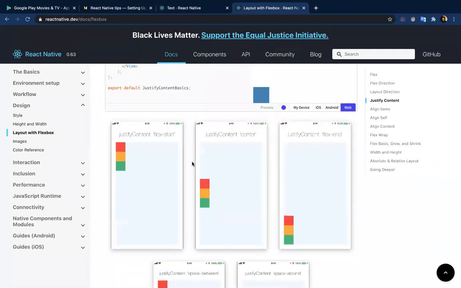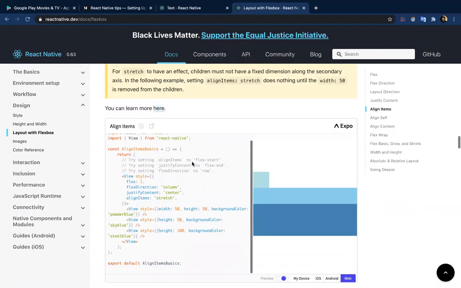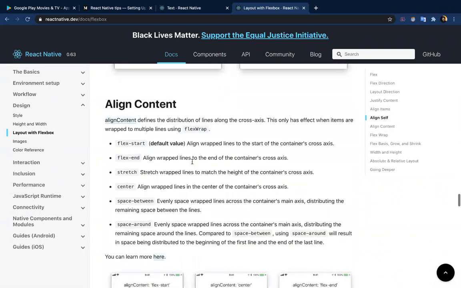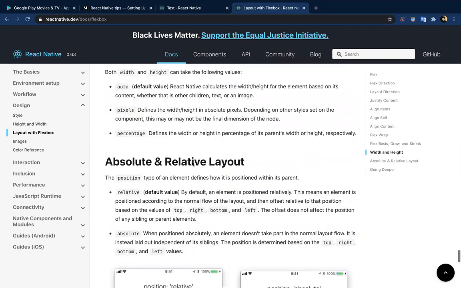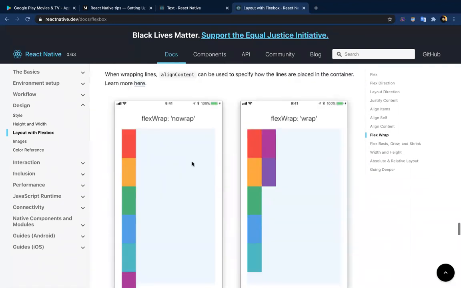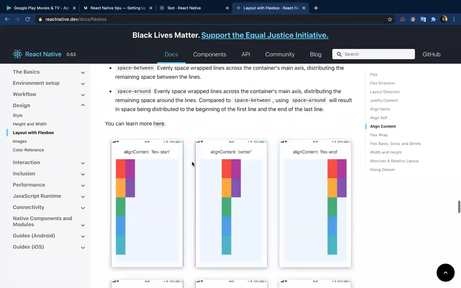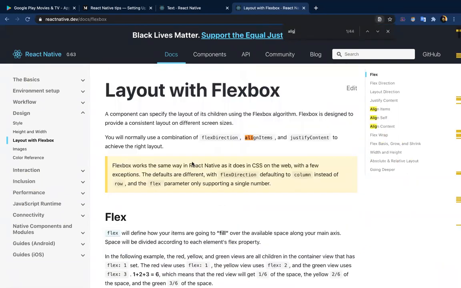Okay, so we need to make a child item into the center. So say align items.